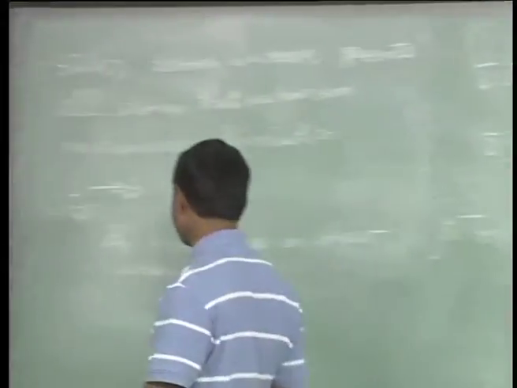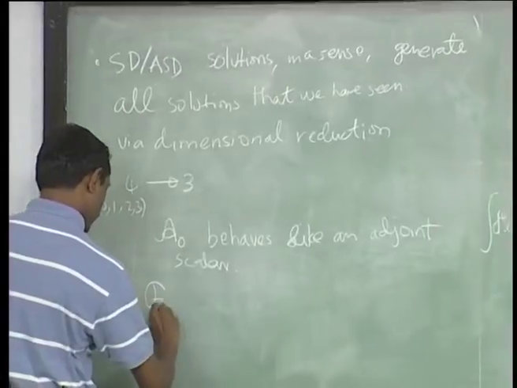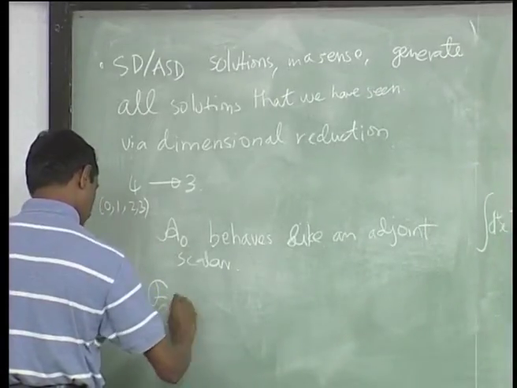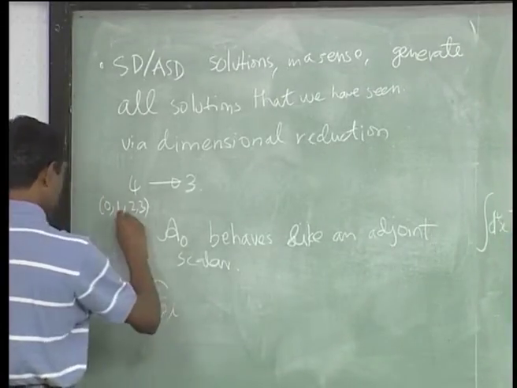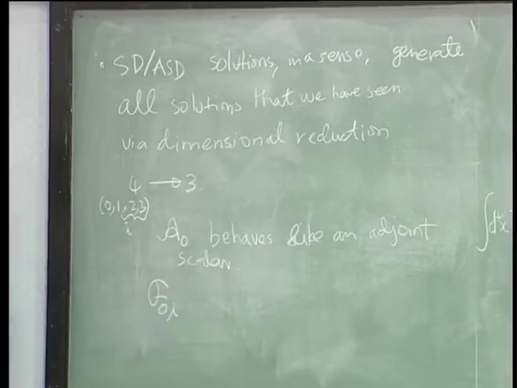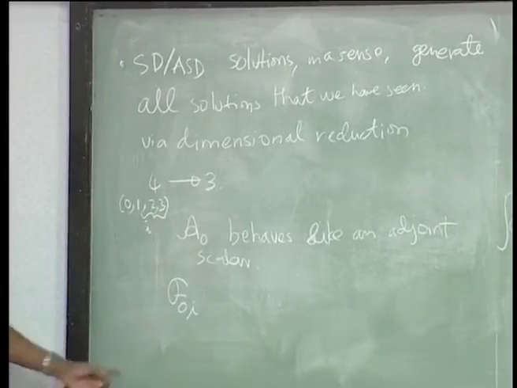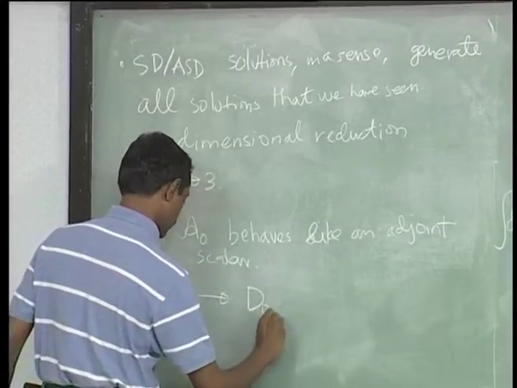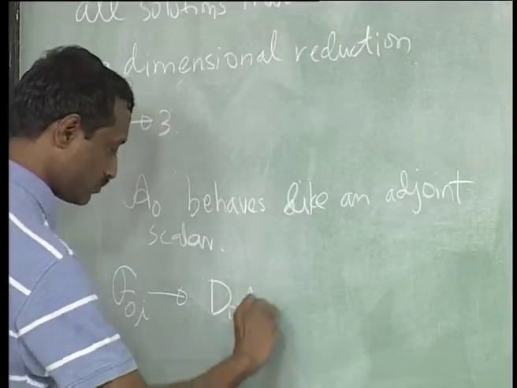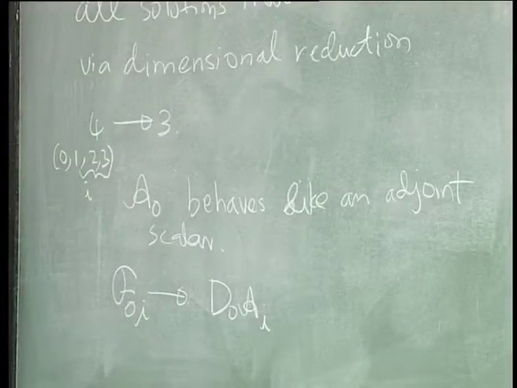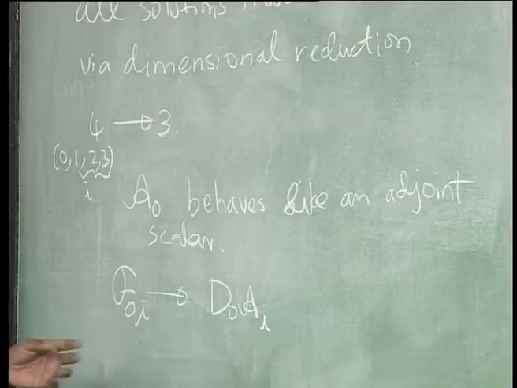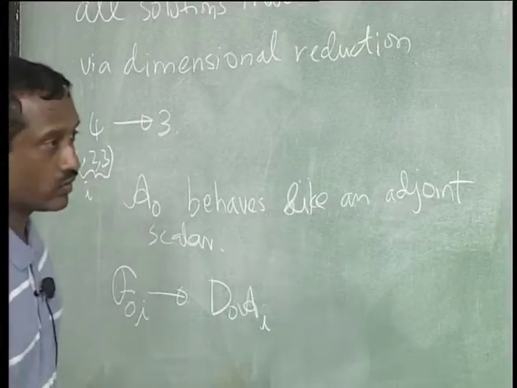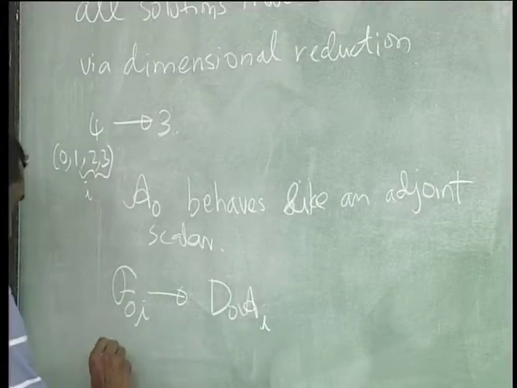So, we have to look at F. We saw that F0I, we will use I for these 3, just becomes the covariant derivative of this, which we have already seen, and for Fij nothing will happen. So, what that tells you is that F0I